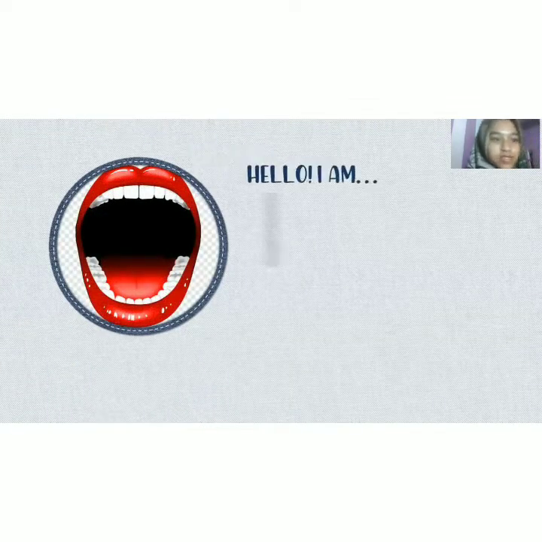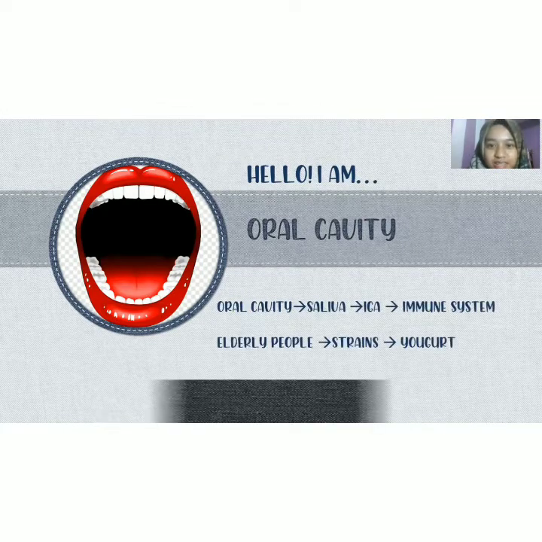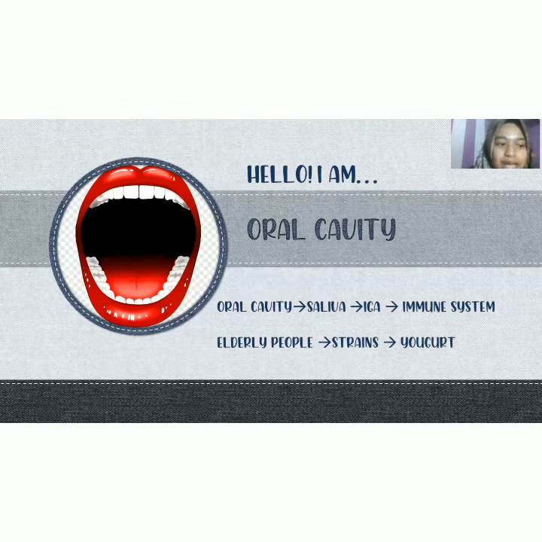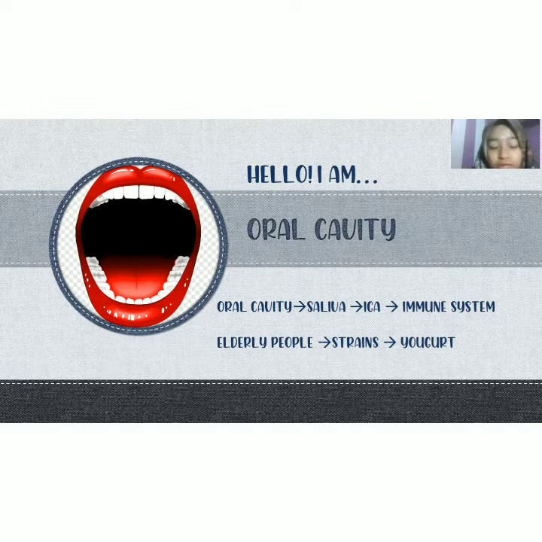First, the introduction. This is an oral cavity. The oral cavity represents the beginning of the aerodigestive tract mucous membranes and is one of the most frequently exposed sites to foreign antigens, as it constantly encounters foodborne, waterborne, and airborne antigens and other environmental insults. Accordingly, immune surveillance in the oral mucosa is highly important for both local and systemic immunity. The oral immune system is part of an extensive and specialized compartmentalized mucosa-associated lymphoid tissue.